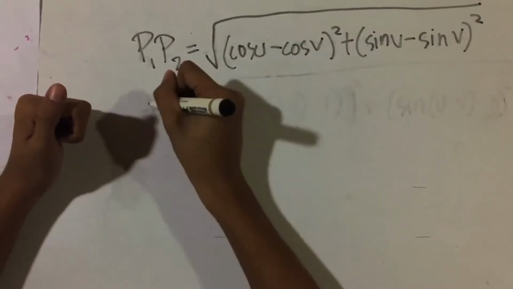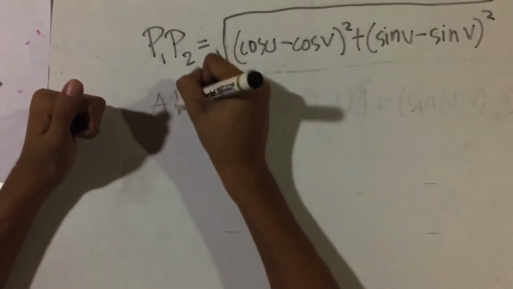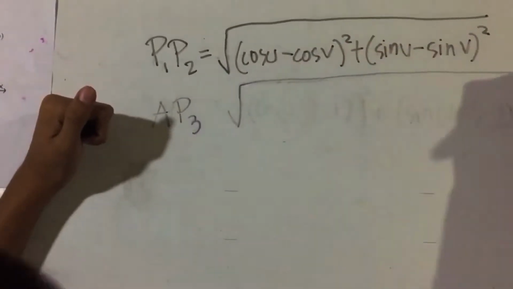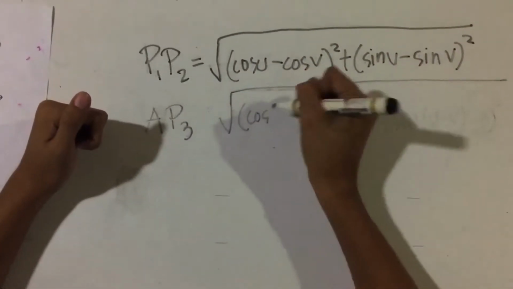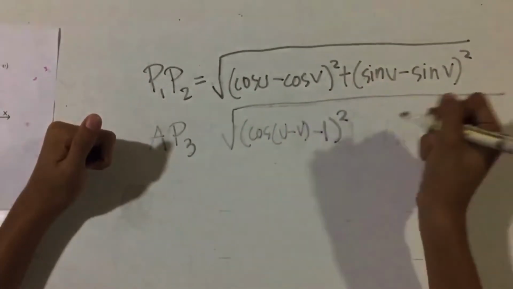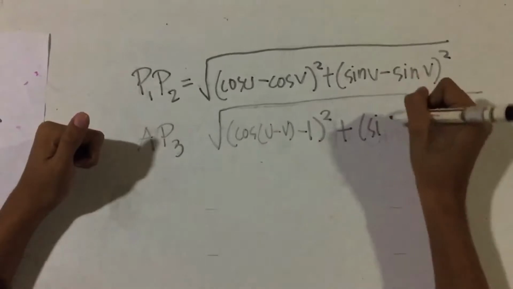And the distance from point A to point 3 is equal to the square root of the cosine of u minus v minus 1 quantity squared plus the sine of u minus v